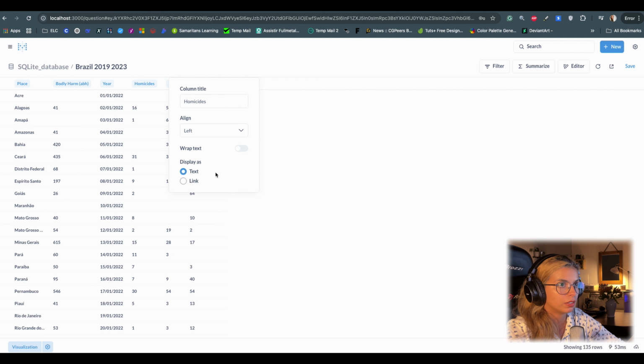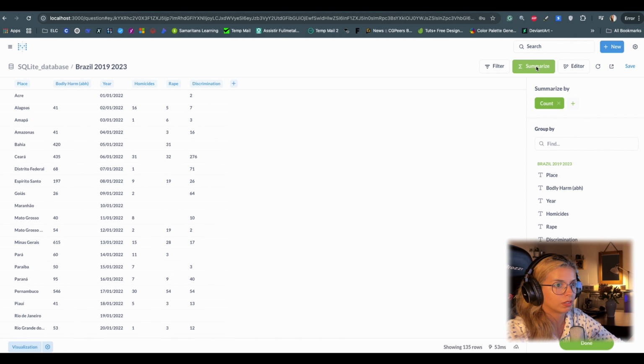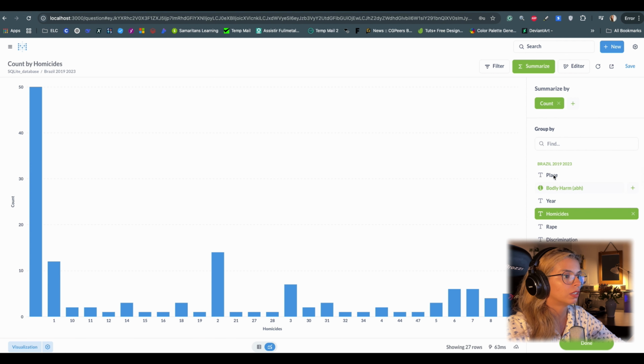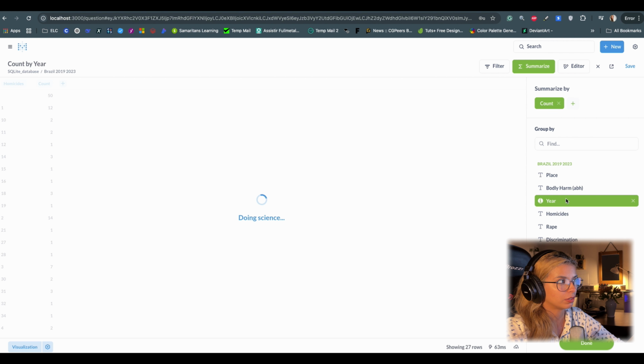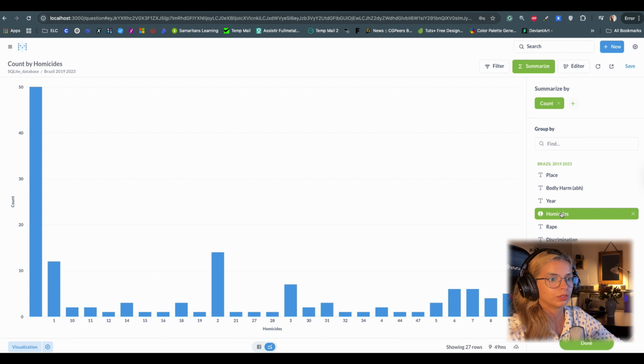For example, if I want to summarize the homicides here, to count how many homicides, filtered by year, it's just doing a kind of distinct count. It's not really ideal, right?